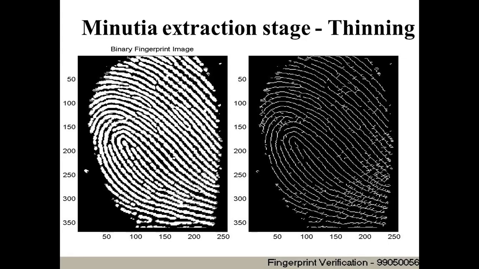The next stage of minutiae extraction is ridge thinning. Basically, redundant pixels are not available just outside the ROI, also within the ROI the ridges are very thick, so we thin the ridges and assume that all ridges are 1 pixel wide. And to do this process we have many techniques.